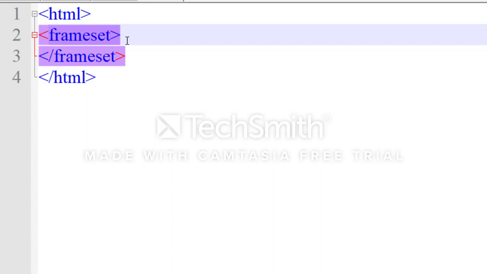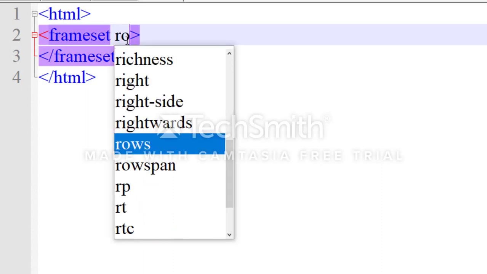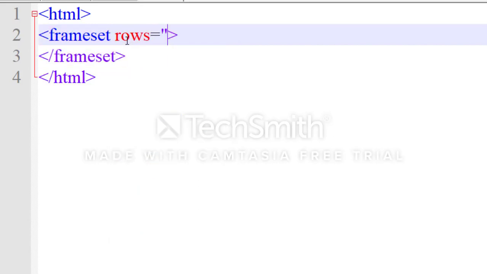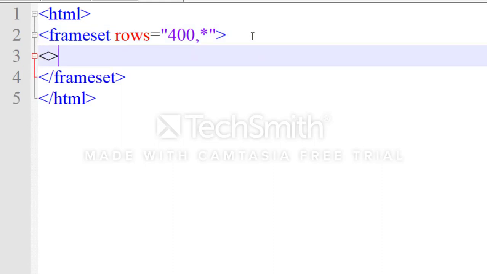Now in the frameset I have to divide one web page into a number of rows. That's why I will write rows equals to 400 comma asterisk, and in that I have to set two frames.